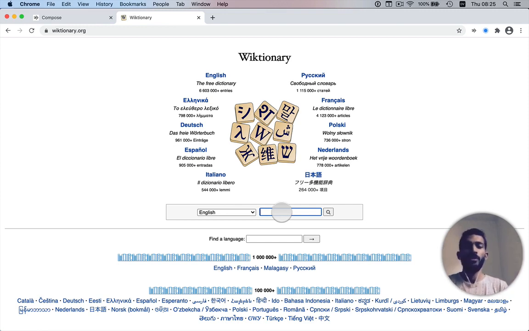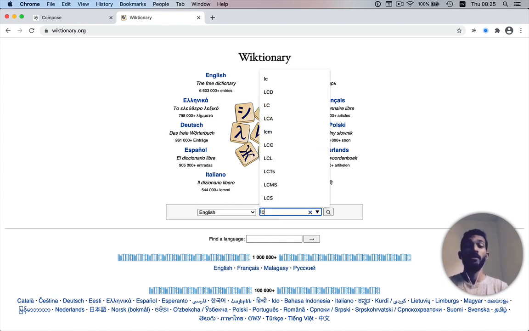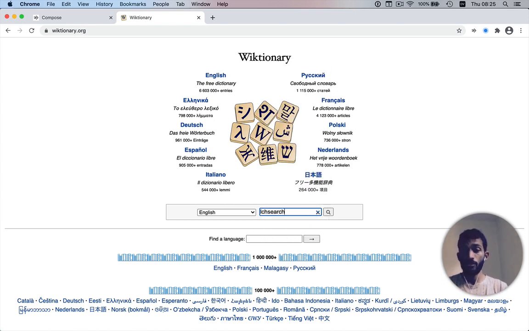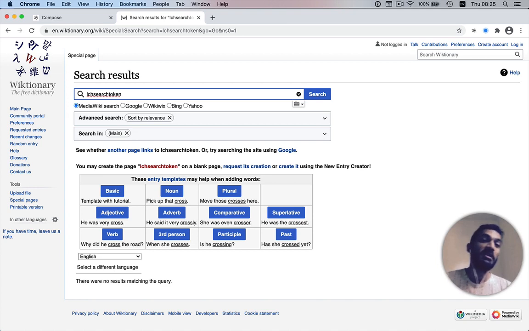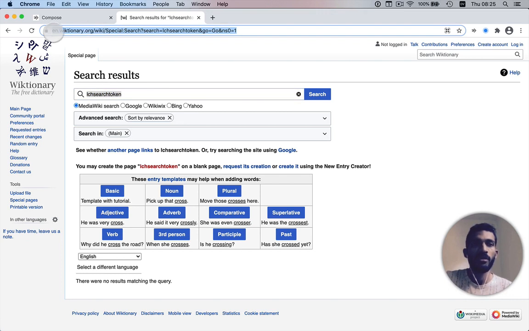Okay, so there's a special code that you have to use, which is like this: LCH search token. When you search for this, you're usually not going to find anything because this doesn't mean anything in most other contexts, but it's just a sort of recognizable symbol that the launcher can use. So what we're going to do is take this link that has LCH search token in it,